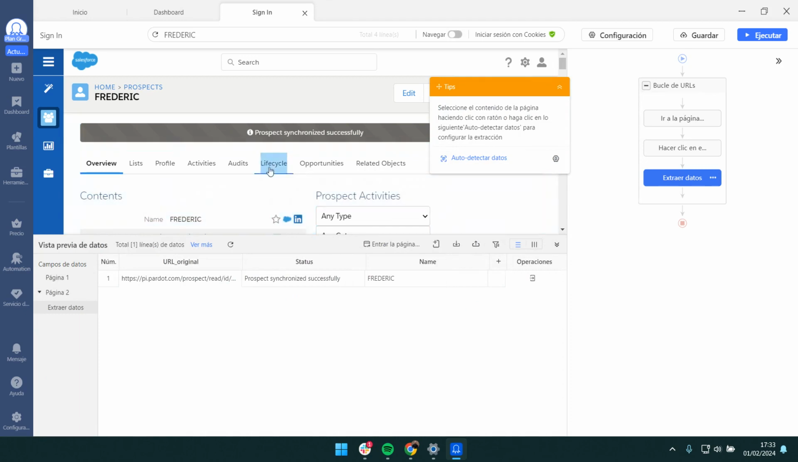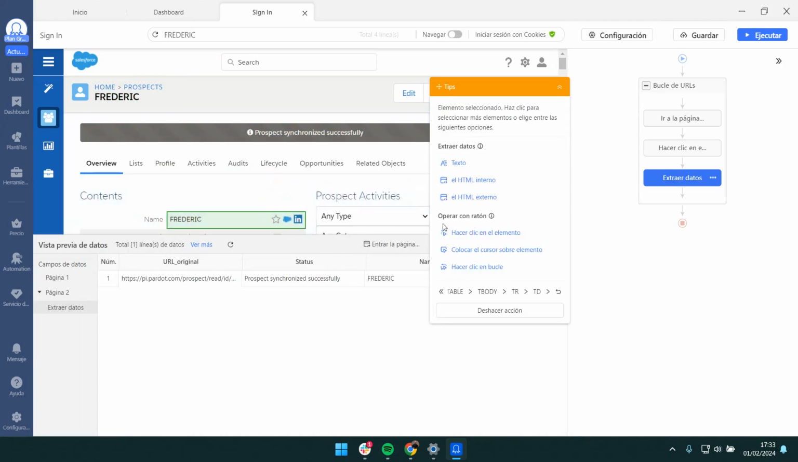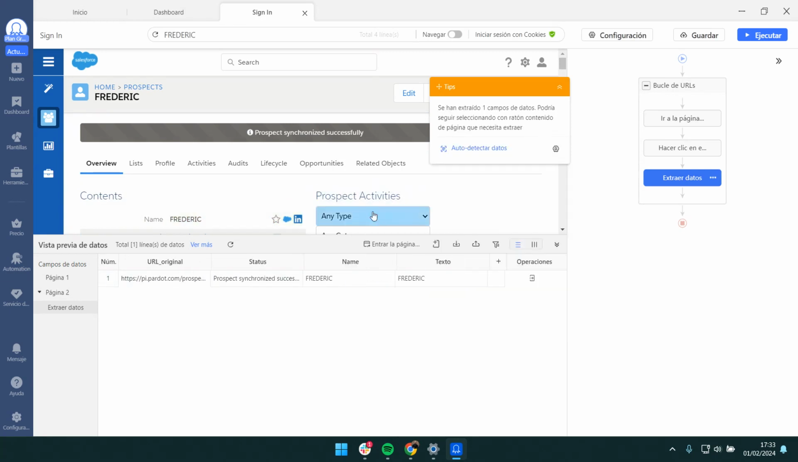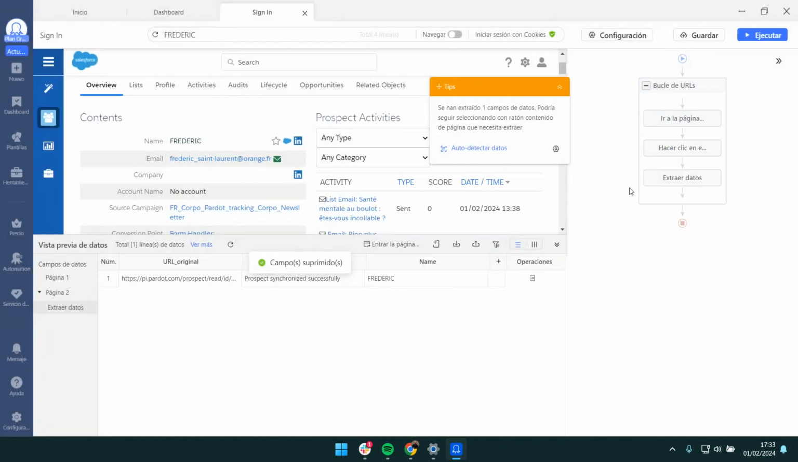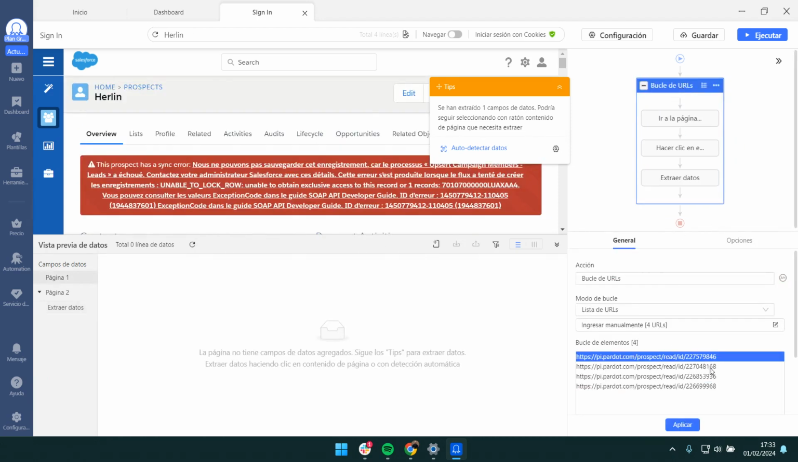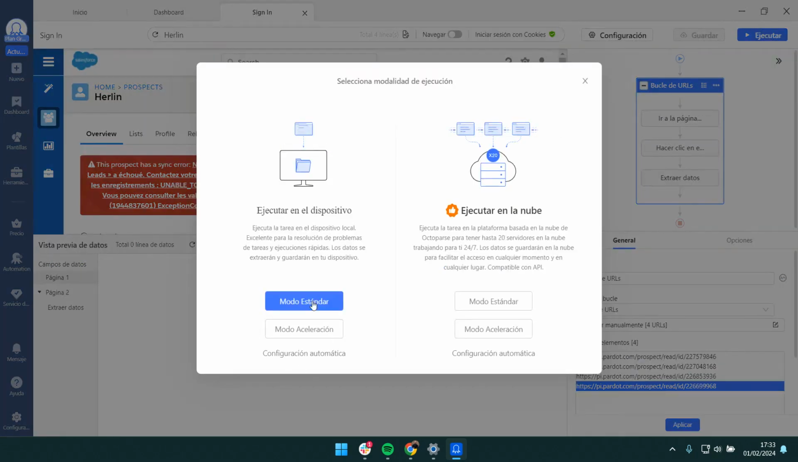You can also go directly here and say, hey, I want to capture, let's say the name here, so only the text, the URL or whatever. This is what I did before, and you see you're going to have a new column. So how this works afterward, this will do a loop, and it will look at all the URLs that you initially put in your Octopath. So here, when you give execute, say standard mode,